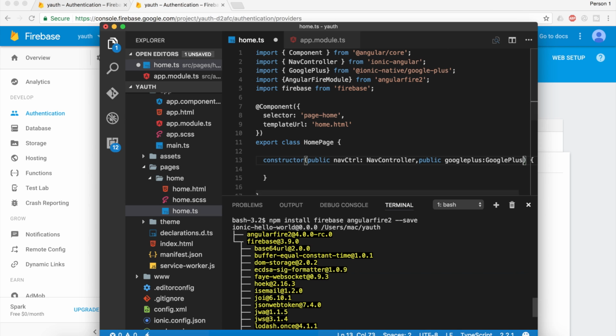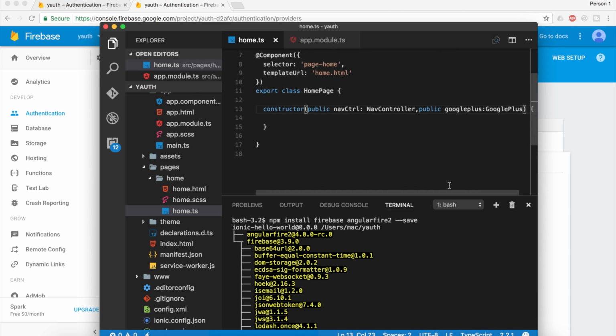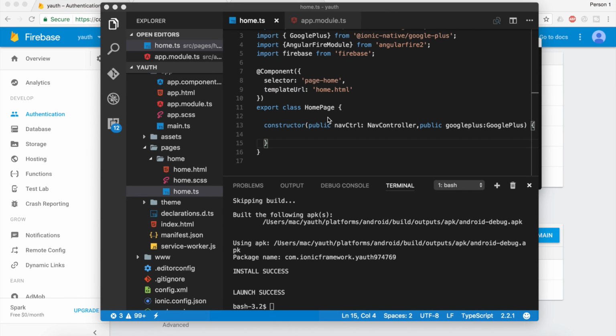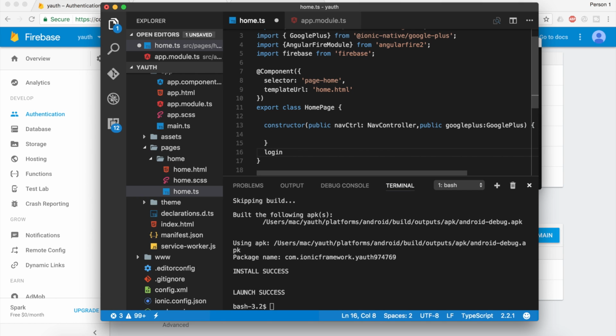Okay, we have injected Google Plus inside the constructor. Now we are going to create a login function which will be called on the button click. So this is the login function we are going to create now. On this login button, the first thing we are going to do is get the Google authenticated. So this.googlePlus.login,